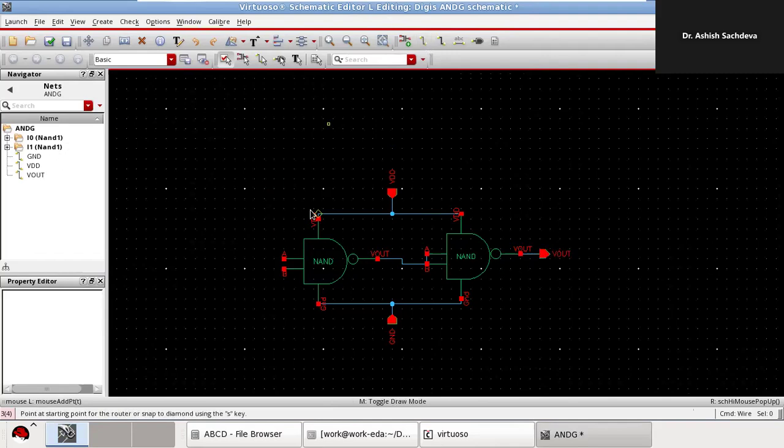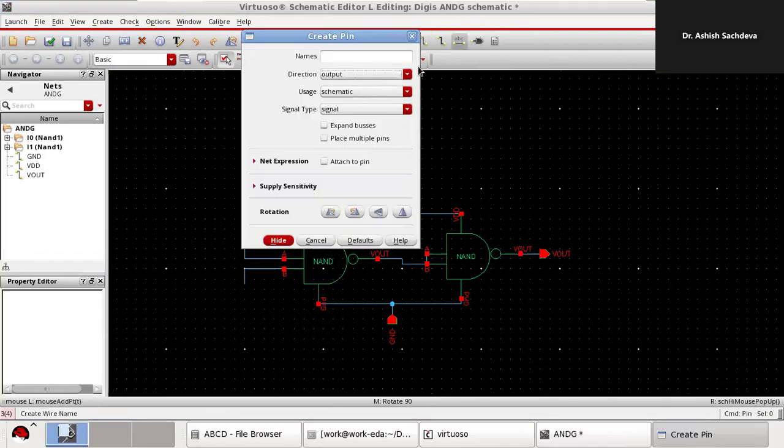And there are two more pins required. One is A and the other is B. So I'll take it as input, name it as A,